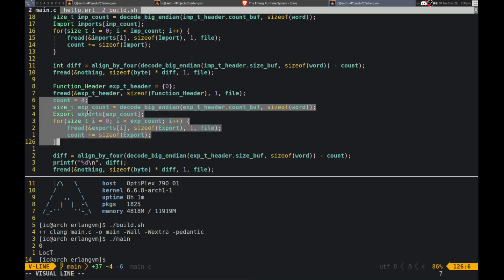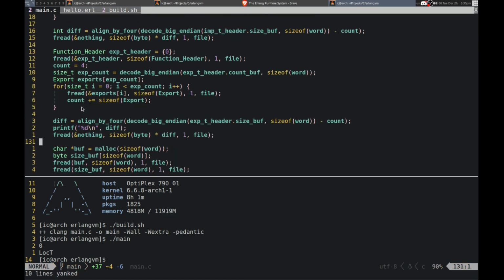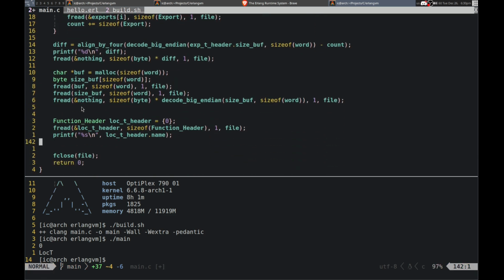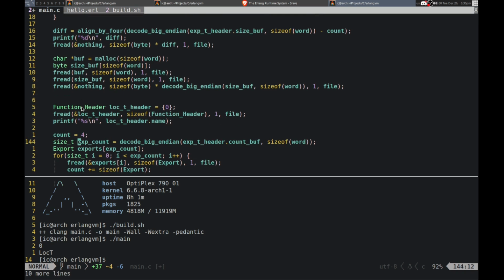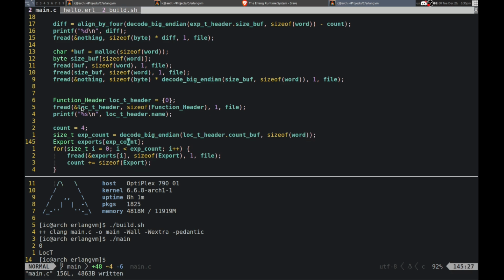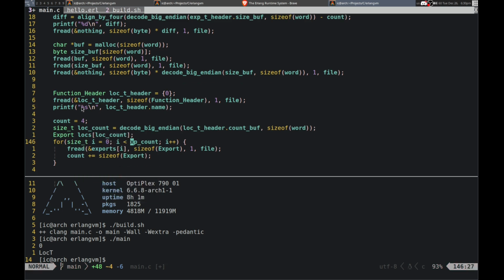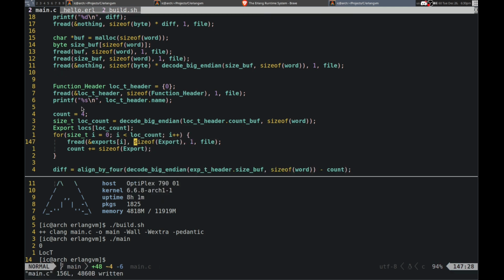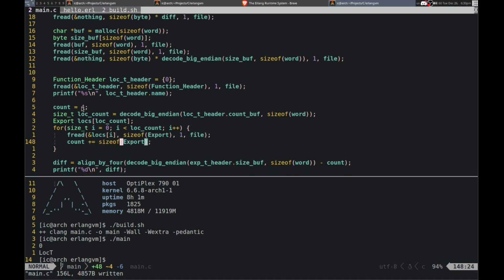So we're gonna have to do basically this whole same thing, all the way down to here, actually. So yeah, count this except local. This is local count. Count, okay. Let's see, locals. I'm still going to call this export because that doesn't really matter much.